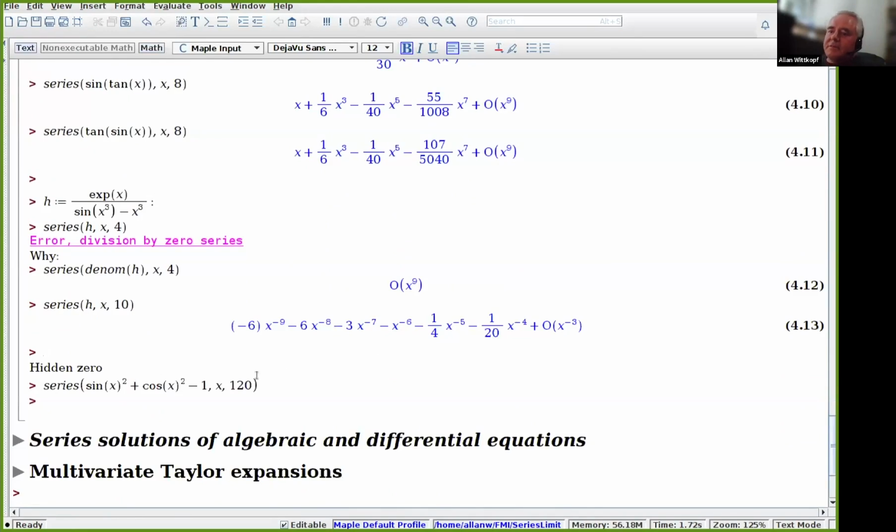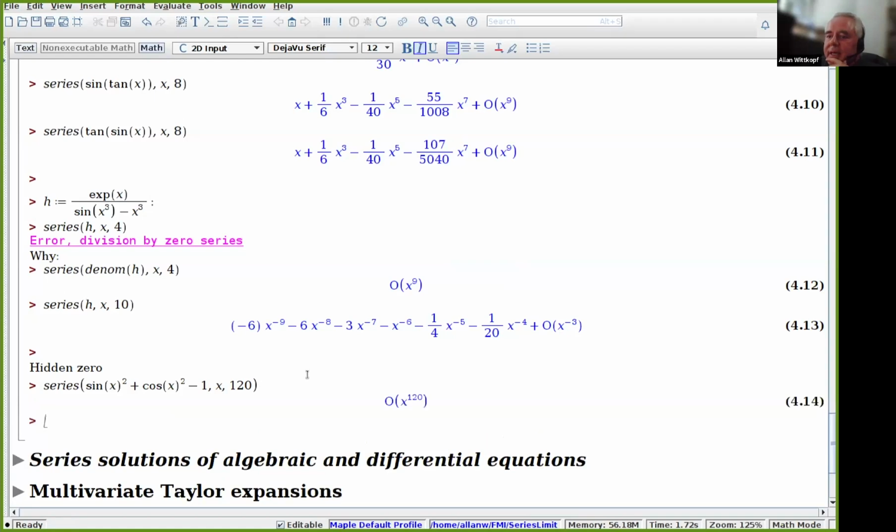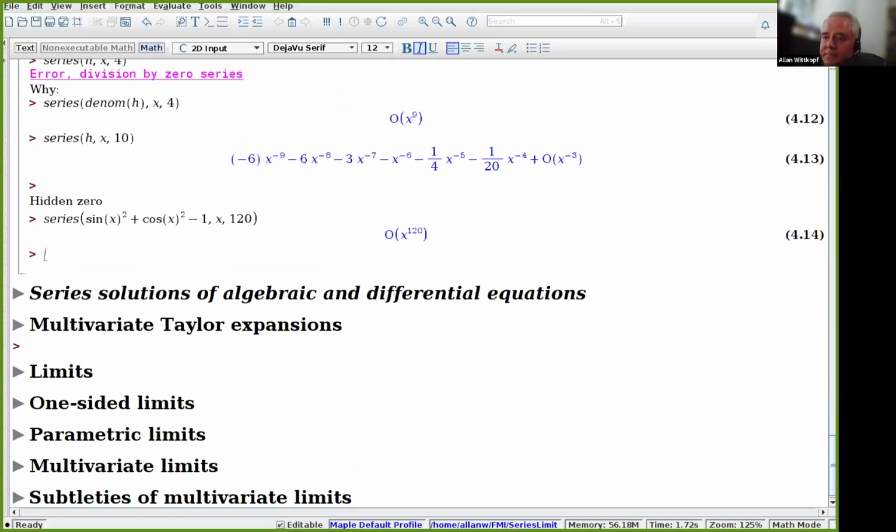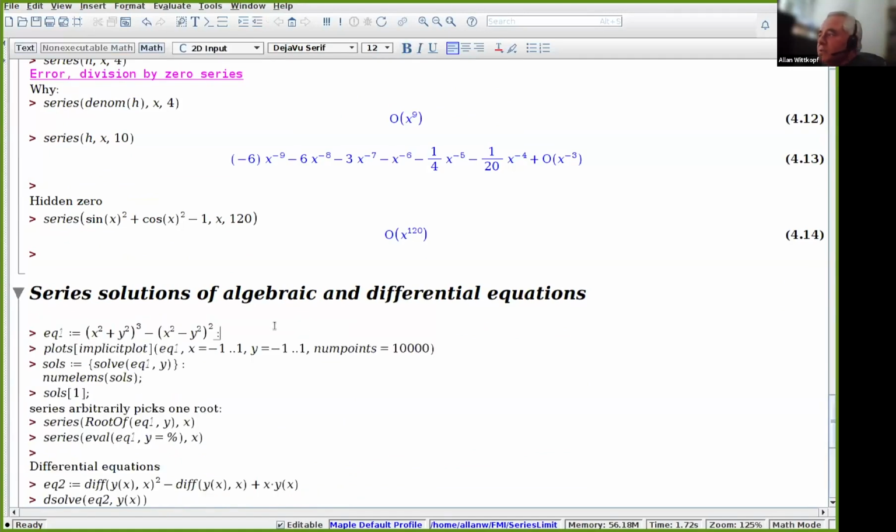Okay, and the final simple series example is what happens if we try to compute the series of something that's identically 0, and in that case, we get an order term out to the order requested. Okay, so that's a bit about series. Now, what about practical use of series? First application,